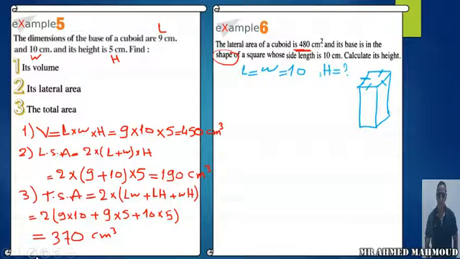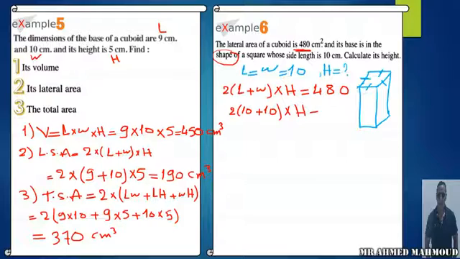Okay, as we said before, we are going to start with the given. The given here, the lateral area, LSA, or 2 times (length plus width) times height equals 480. This is the rule. Now we have the length and the width are equal 10. Then we are going to replace the length and the width by 10. It will be like this: 2 open brackets 10 plus 10 close times height equals